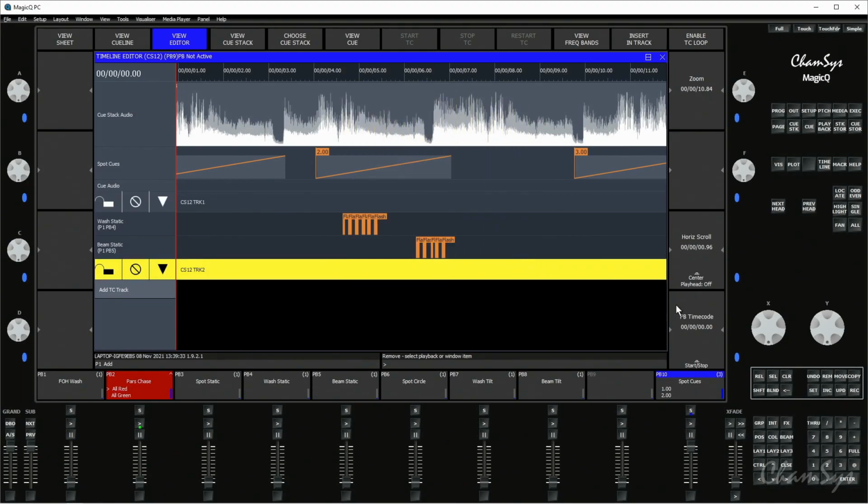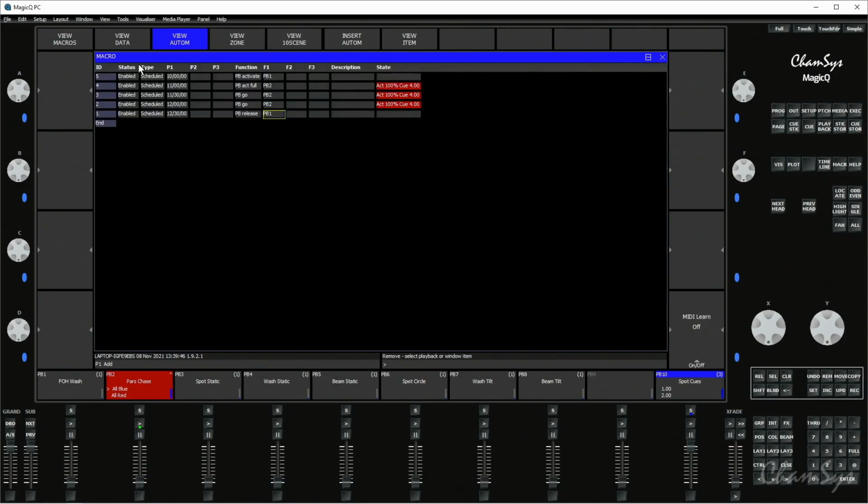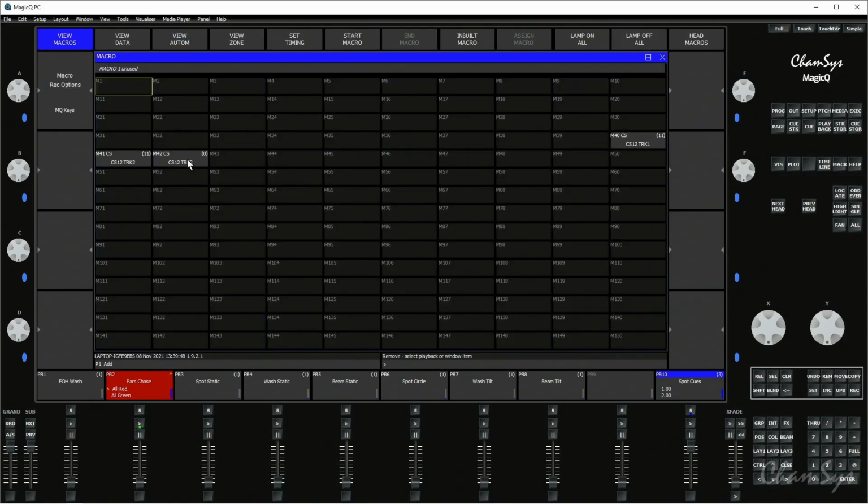So in this version, obviously, we added the ability to remove individual playbacks, but you can also remove the association of a timecode track with the playback that's running your timeline. So a timecode track, what it actually records in the background in your macro window, view macros, is it creates a step of macros of you pressing those flash button presses. And all it's simply doing is that step sequence of button presses or fader movements,